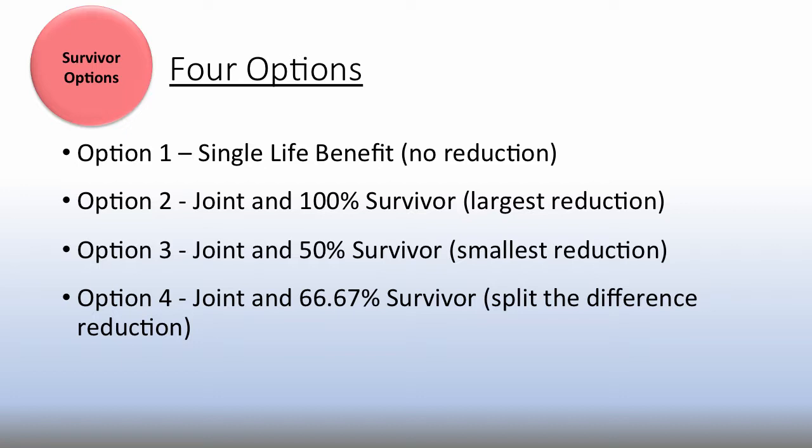And option 4 just splits the difference, and it's the same function, middle of the road reduction in regards to 50 and 100, but they're only going to get 2/3 of what you're receiving. So it has implications on how much income is being returned based on what option you select. So as you can see, this is why in this state they say your spouse has to sign off, because there's a lot of folks who may say, I want option 1, and your spouse is going, no, you're not. Right? So that's cool.